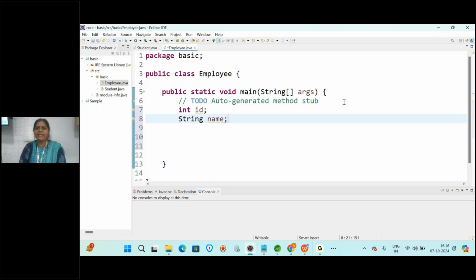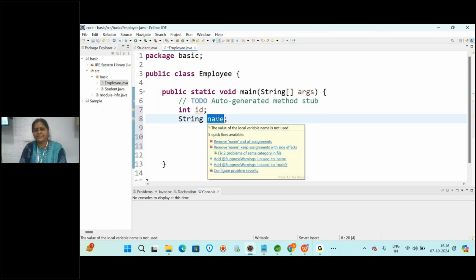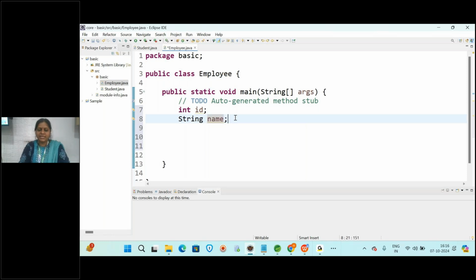String is a class in Java. String is what? A class in Java. So you can use a string variable to store any group of characters, but it is not a data type. String is a class in Java. Okay, so I have taken the String class for storing the name, and then after that I'm taking some variables